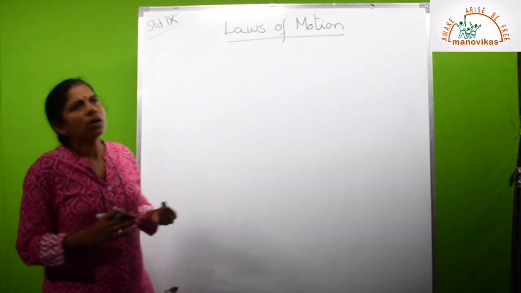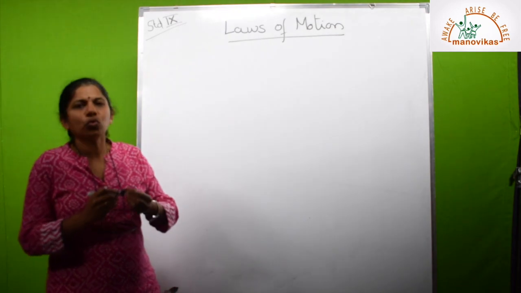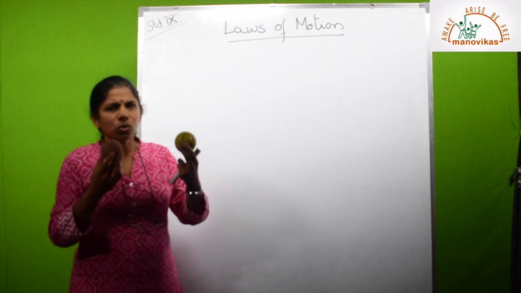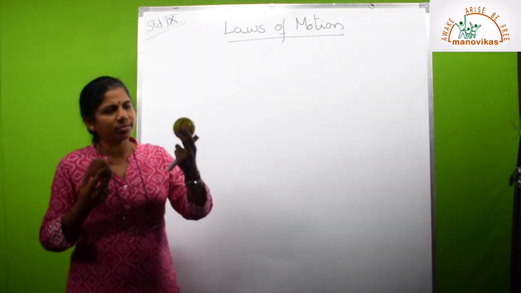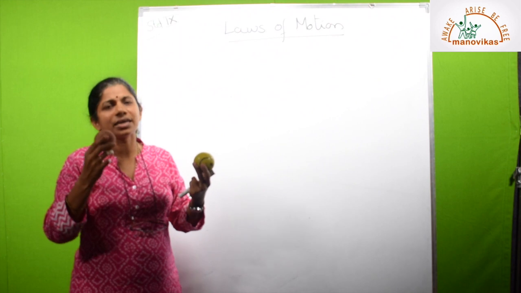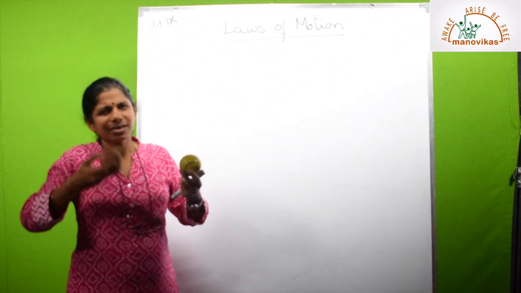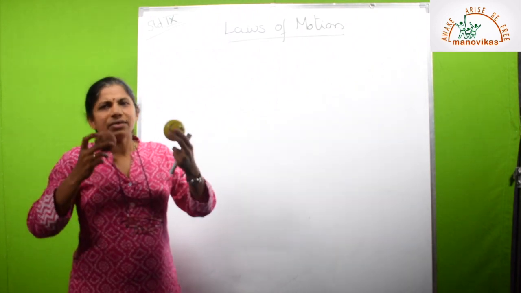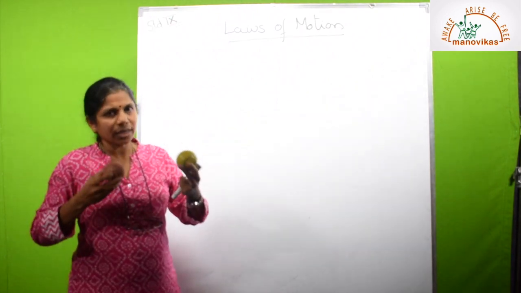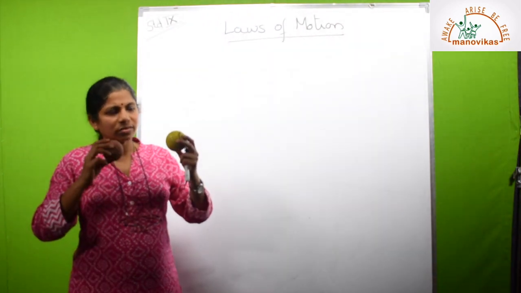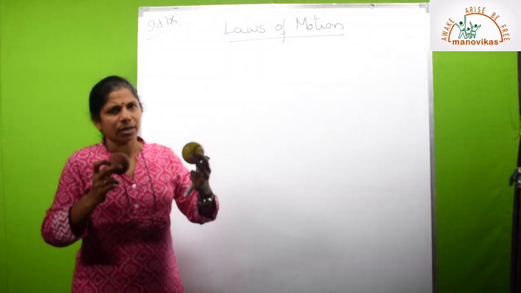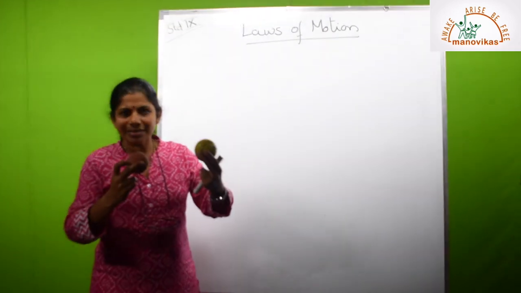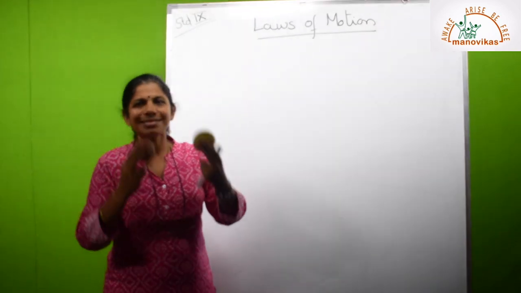Now suppose there are two objects, for example two balls. One is a sponge ball, which is a lighter one, and another one is a rubber ball, which is much heavier as compared to this one. That means both of these will have different masses. Suppose I'm setting them into motion, and they have different masses but the velocity with which they both travel is the same.